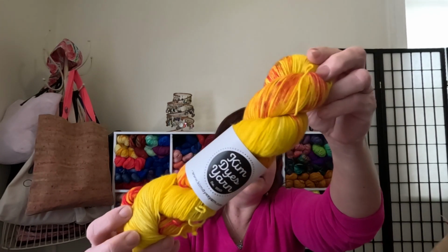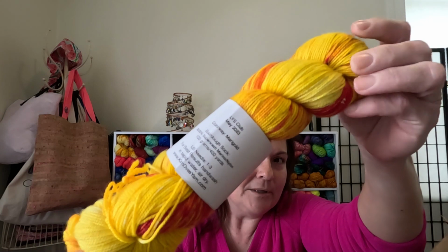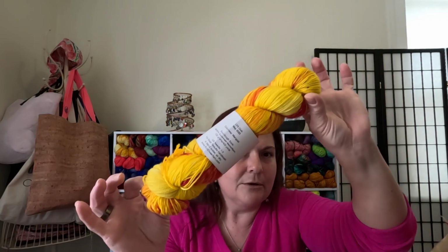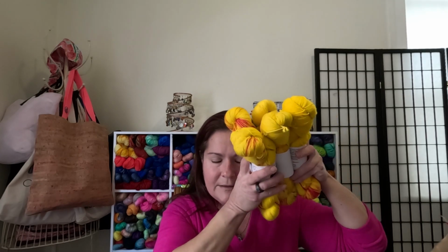But look at this. Look at the yellow, the red, the orange. I mean, is it not incredible? And look how vibrant that yellow is. And it's a little blown out. Okay, here it's a little bit more true to the yellow. But I mean, amazingness. And he got five because that's what they had. If they had more, I'm afraid to say that he probably would have picked them up. But he's like, okay, five, you can make something definitely big enough, or you'd have enough yarn to be able to do whatever it is you need to do with it. So then,